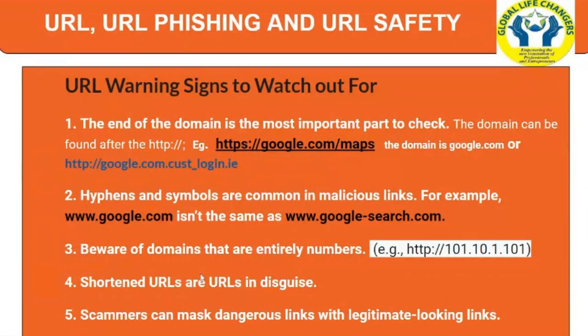You see, scammers can embed dangerous URLs, just as I showed you in the phishing email that was sent to me. I showed you some places where they have embedded URLs. So they can embed dangerous URLs inside of legitimate looking links, text, logos, and images. But you can see what's hidden by mousing over these links. So as you hover, compare the URL that appears on your screen to the URL that is visible to you.